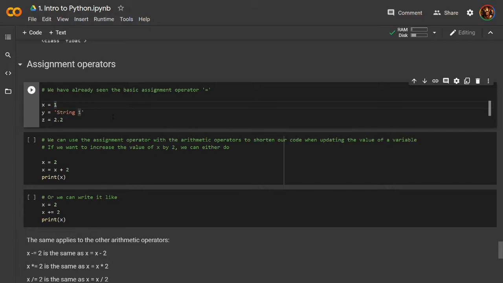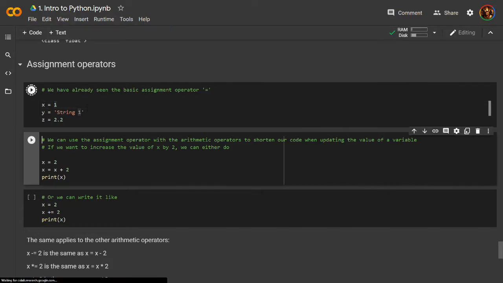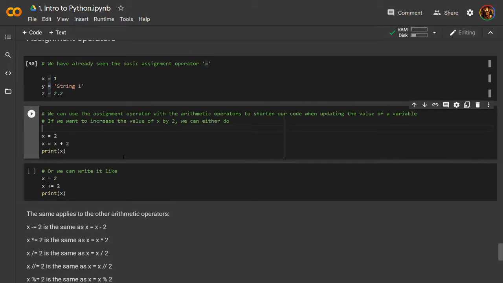We've already seen the basic assignment operator, the equal to sign. What it does is basically assigns a value to a variable. So x is 1, y is string 1, z is 2.2. This is just using the simple assignment operator. So one shortcut that we can use with the assignment operator, combining it with arithmetic operators, allows us to shorten